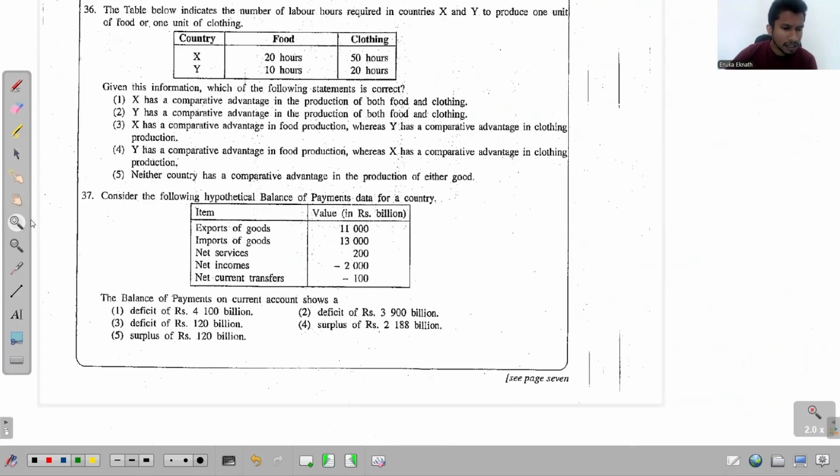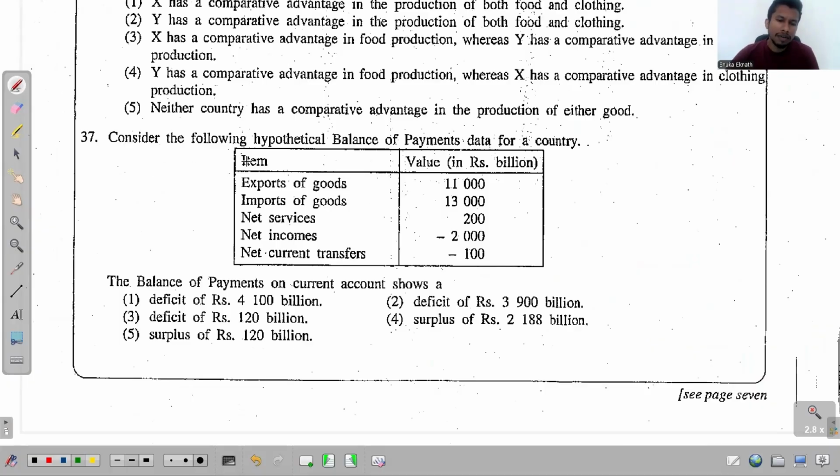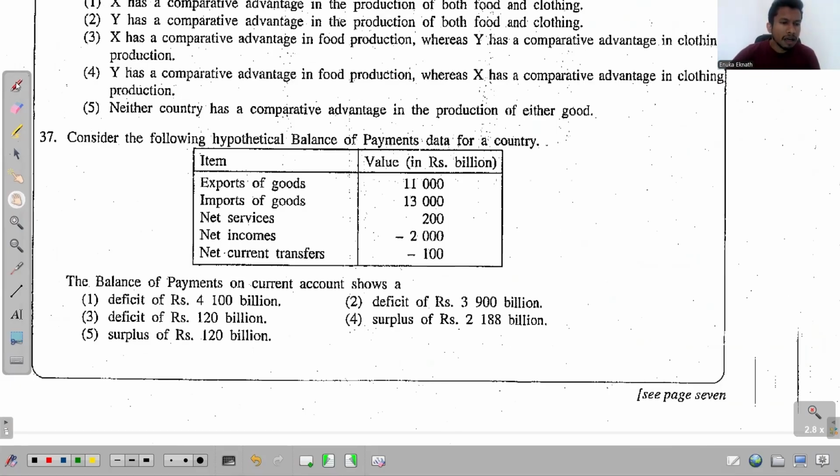Look at question number 37 now. Consider the following hypothetical balance of payment data for a country. All right. So BOP values are given to us. The balance of payment on current account. Okay. The current account balance. This we calculated in the 2011 paper as well. So current account balance comes as the total of four balances. So the first balance is the balance in